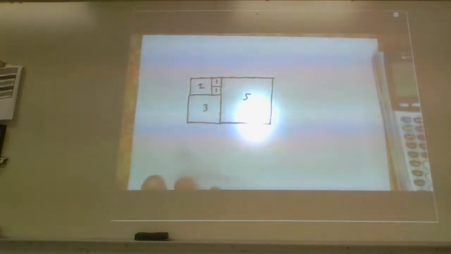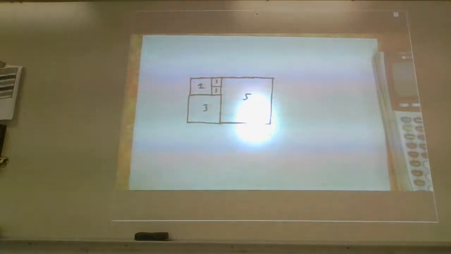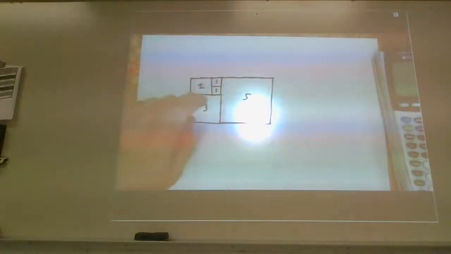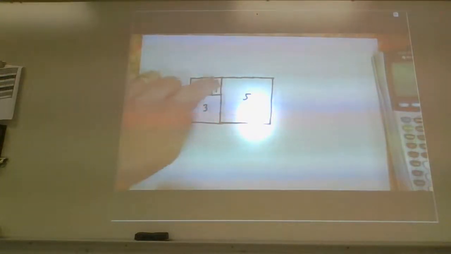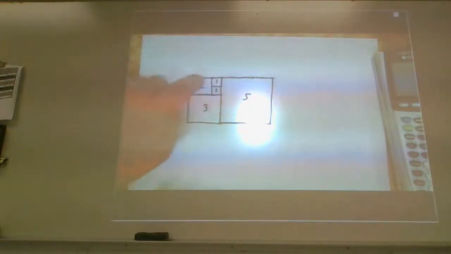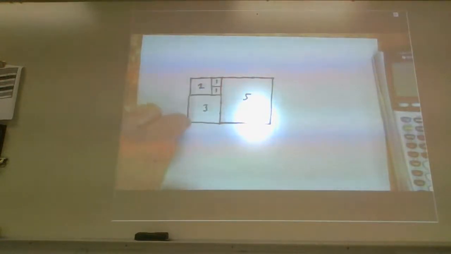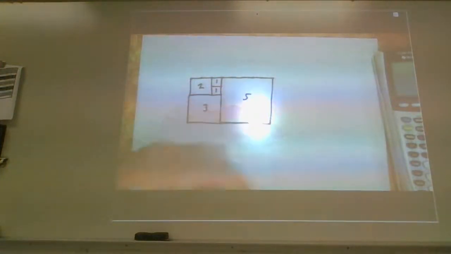What I'm actually trying to show you is that these squares, as they're being drawn according to the rules that I have inspired for you, are creating a visual representation of the Fibonacci sequence. I'm starting with a 1 and a 1, and then 1 plus 1 equals 2. Then 1 plus 2 gives you the 3. Then 2 plus 3 gives you the 5. And then 3 plus 5, the next one should give you the 8. You can see that a little bit better right here.